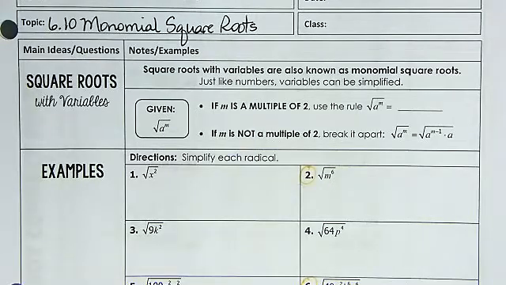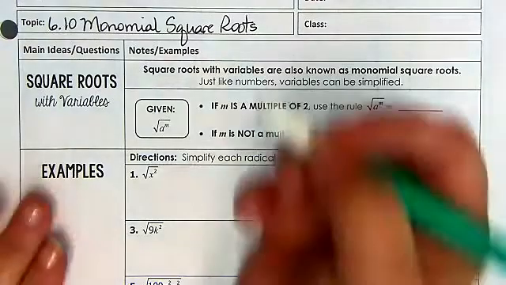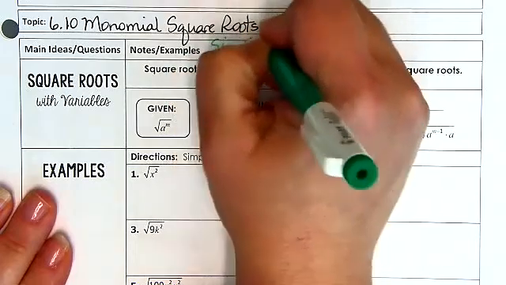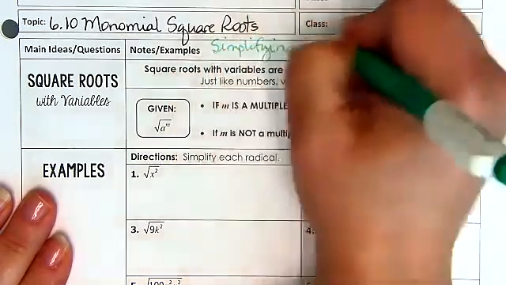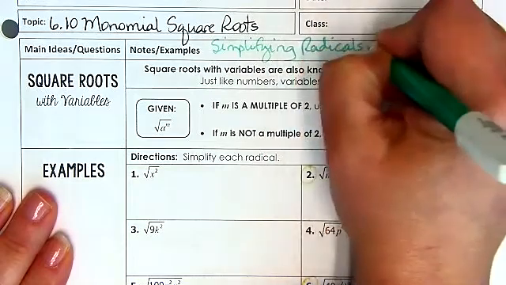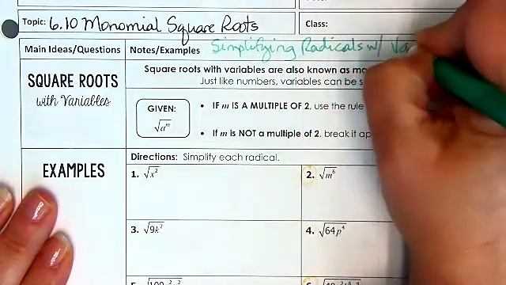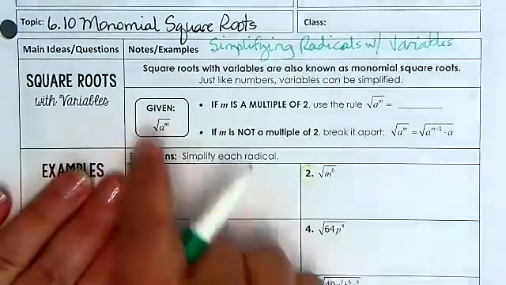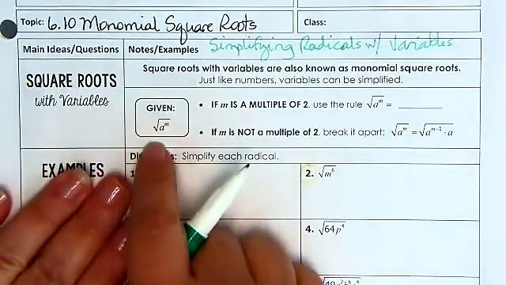Hi guys, today we're covering 6-10 monomial square roots, or simplifying radicals with variables. You might want to think about it that way. Okay, so the first thing, if we're given something that looks like the square root of a to the m,